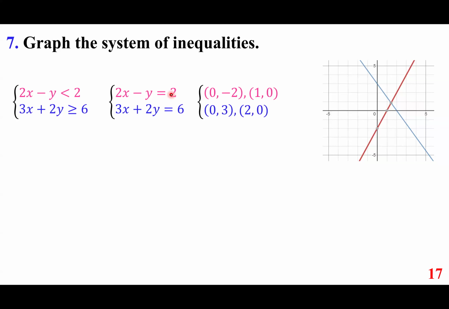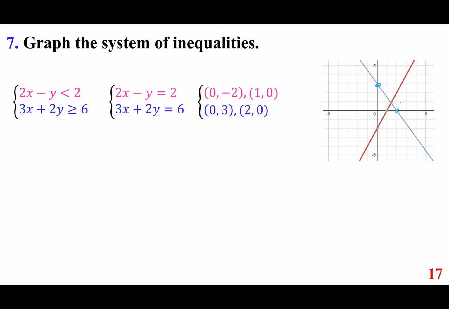2x minus y equals 2. 0, negative 2 is here. 1, 0 is here. This is the line. 3x plus 2y equals 6. 0, 3 is here. 2, 0 is here. Those are the intercepts. So what we do, we pick a test point, a point that doesn't belong to the